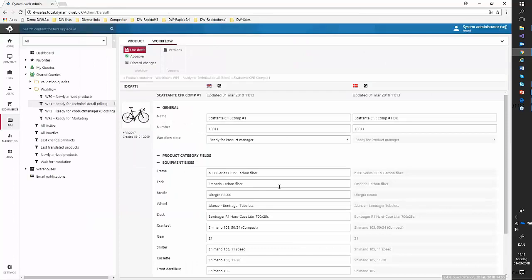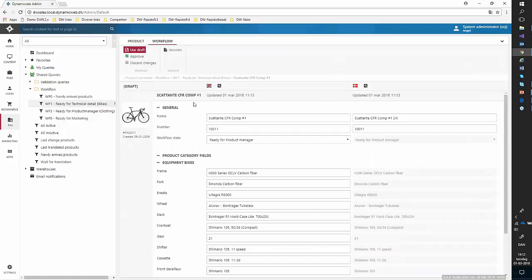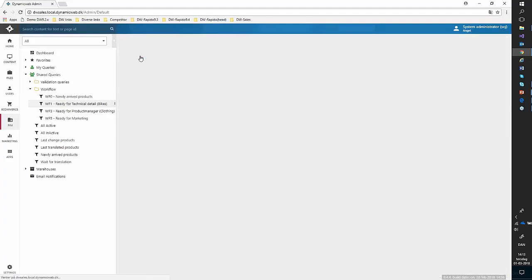Now, when this one has been finished and approved by the people that are responsible for that, I can go in and say in my area that I want to approve it. So what will happen now is when I approve it, the draft version will become the published version, and the published version will be moved into history as an archived version. Now let's press approve,